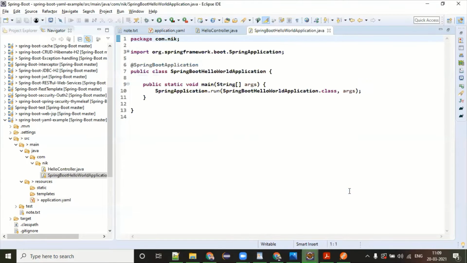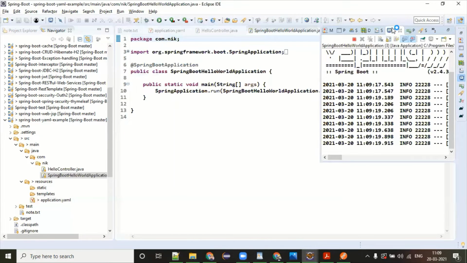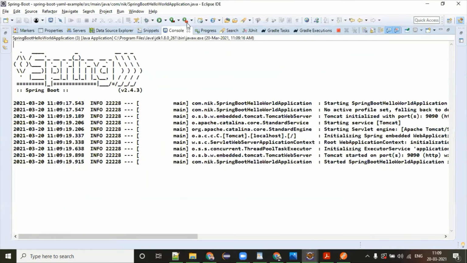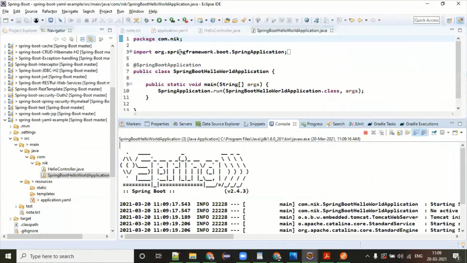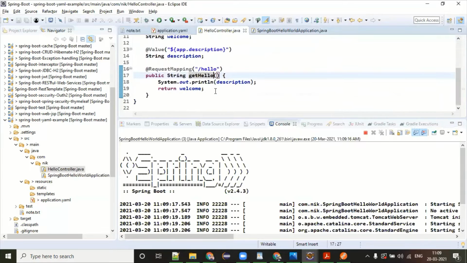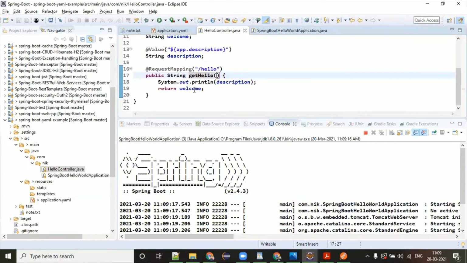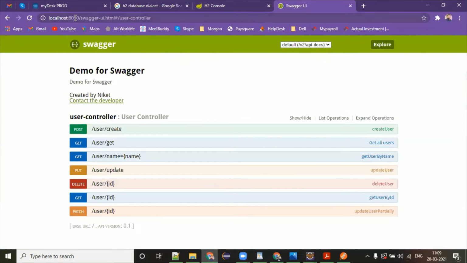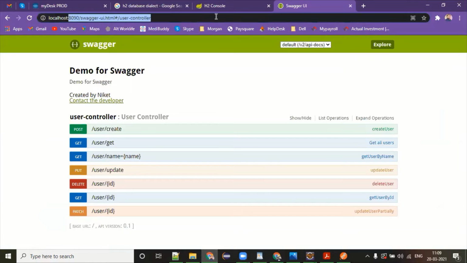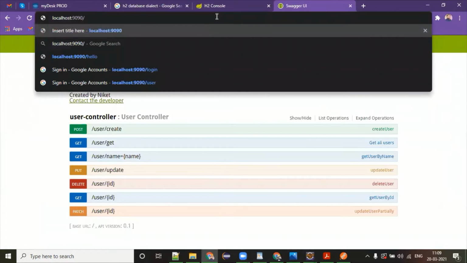Yeah, so let's run this. And if you run it, then I'm supposed to get the values. What are the endpoints I have composed here? Just hello. I'm expecting the welcome message and app description should come. Welcome should come in the browser, on 9090.